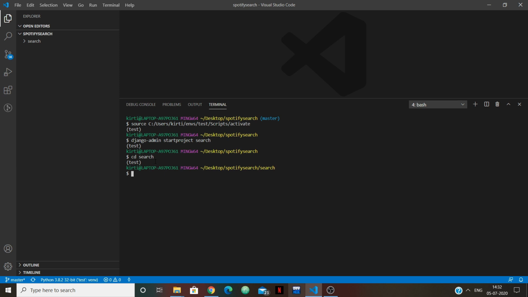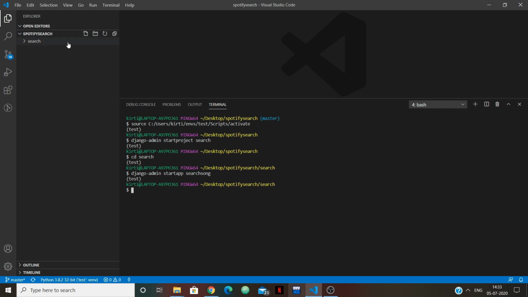Now here type django-admin startapp and I will name this app as searchsong. You can name it anything else you want.